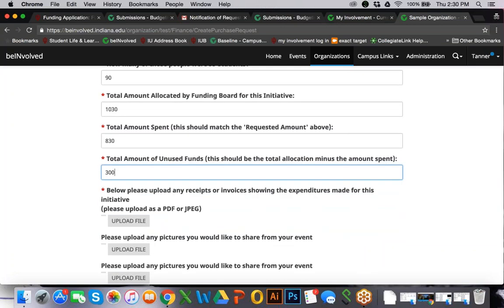Next, you will need to upload any receipts or invoices that show the expenditures made for this initiative. You are required to submit receipts for every penny of the total amount spent, and that should also be the case with SOA. You'll need to submit your receipts to them as well. For us, we only need those uploaded via